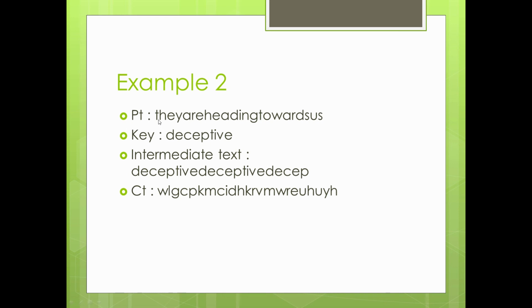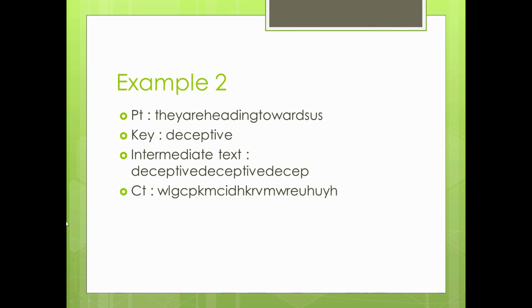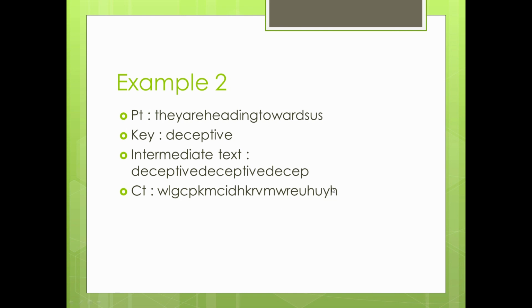The first character of the plain text is T, and the first character of the intermediate text is D. So T and D you will have to find row wise. See where is T. T is here, and A, B, C, D. So the character which we have found here is W. So replace W here, and similarly for the last character, we have S and P. So find where S actually lies. S lies here, and you will have to go along this row and find where P lies. P lies here. So the cipher element is capital H. So write H here, as you can see H is written here.